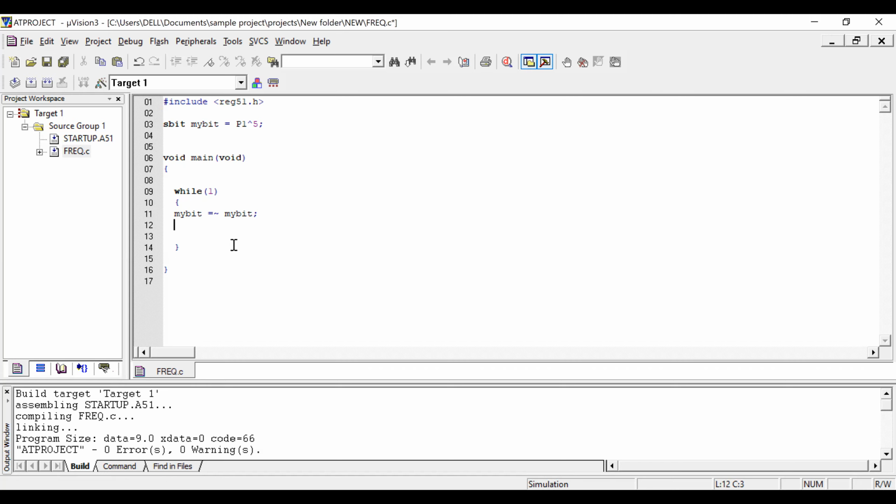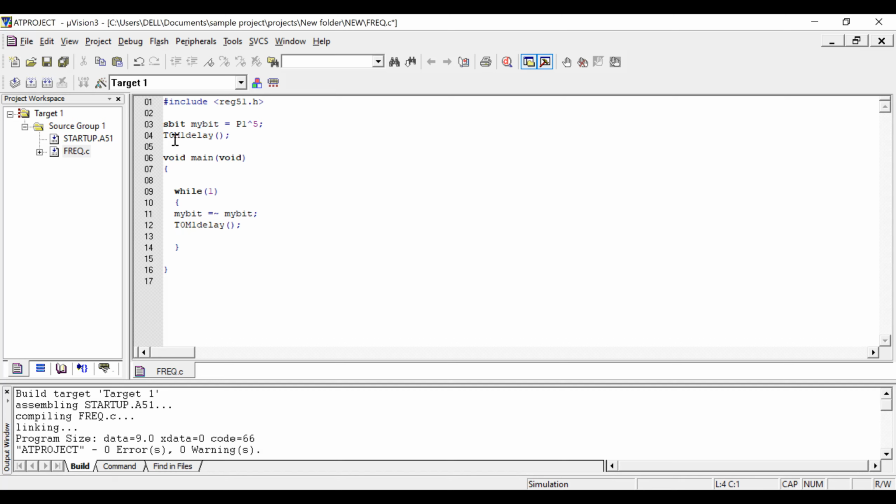Now I'm going to generate a delay. My mode is timer 0, mode 1. This is the delay function I have created. Since I am using a function, go above the main function and have your function prototype.